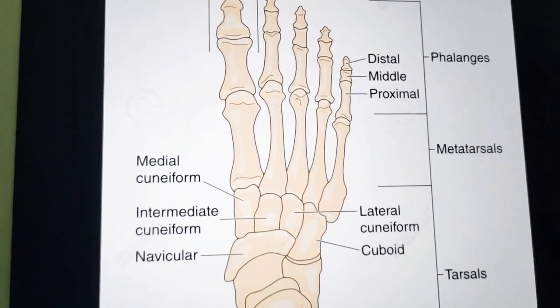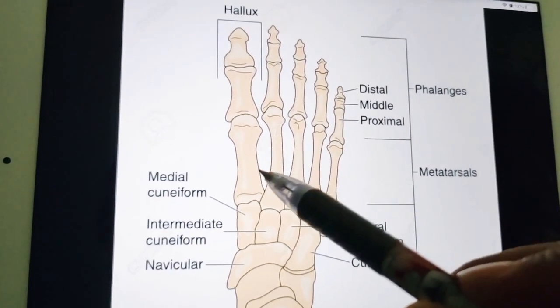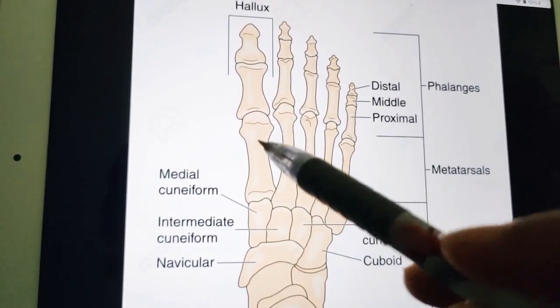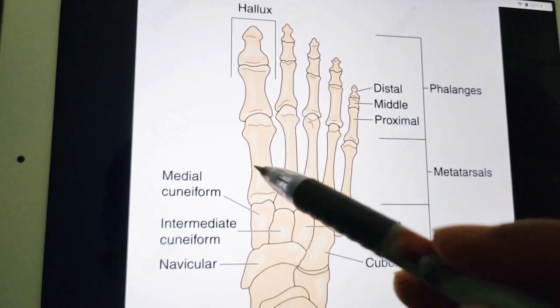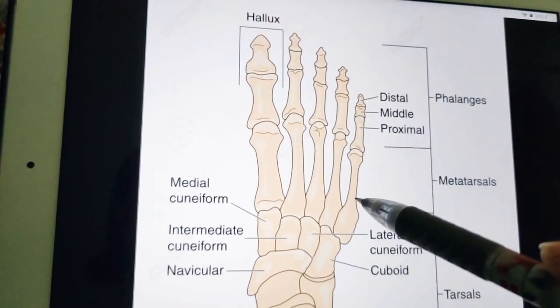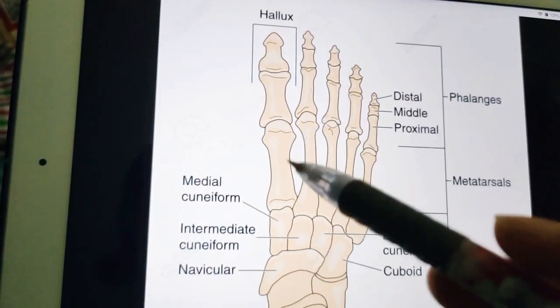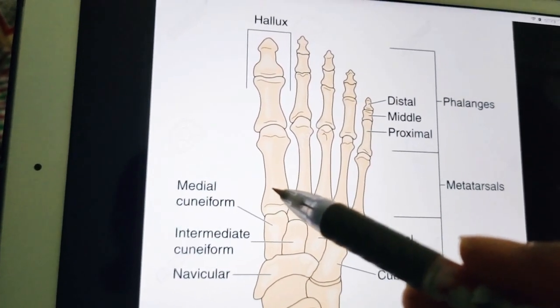Now we are going to start our discussion on metatarsals. Of course we have 5 metatarsals, starting from the medial side to the lateral side. So we'll start our counting from the medial side: the 1st, 2nd, 3rd, 4th, 5th. These are the 5 metatarsals in total, which are numbered from medial to lateral side, and each metatarsal is actually a miniature long bone, and